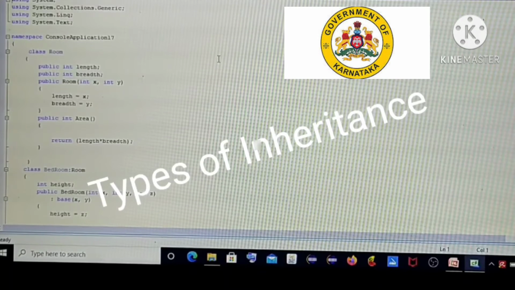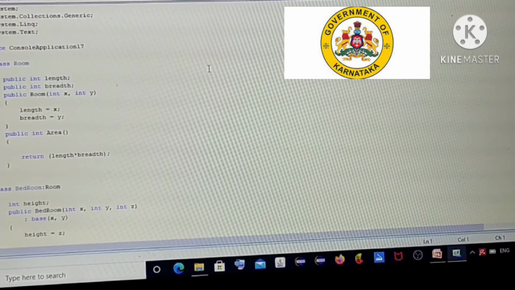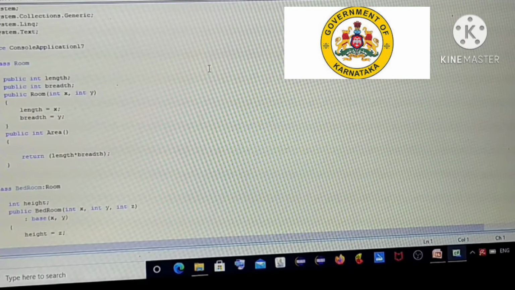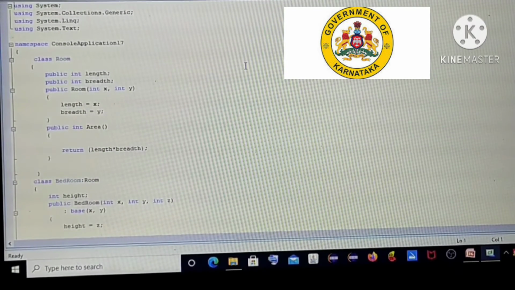This is an example program for subclass constructor. It is also an example for single inheritance concept in C#. As we have learnt in the previous session, the purpose of a constructor is to provide values to the data fields of the class. Passing values to the data fields of the class.